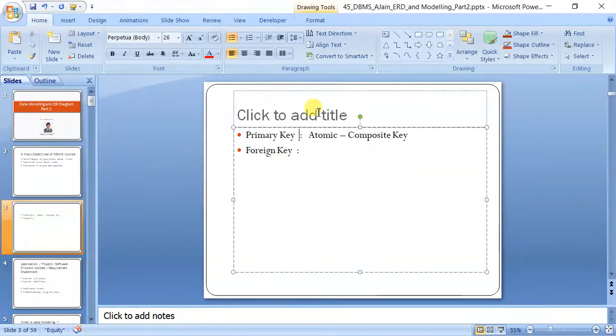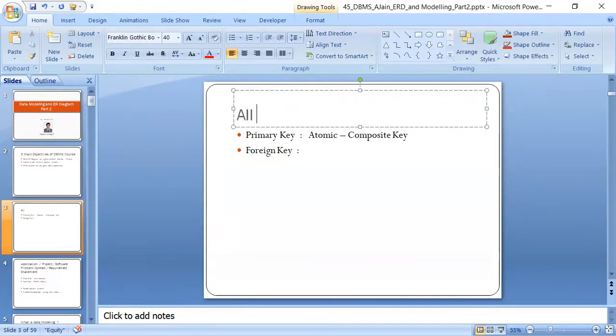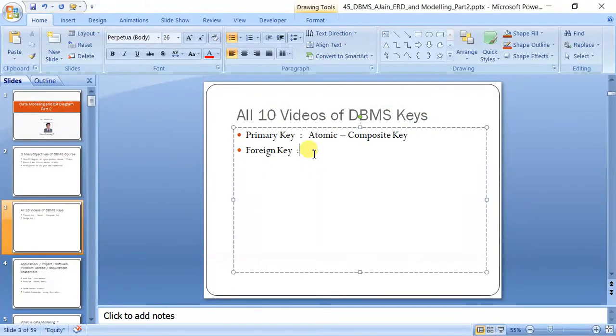Make sure that you have seen all 10 videos of DBMS keys. I think they start from somewhere around topic number 35 up to this 44 number video. So please make sure that you have seen all those 10 videos of different types of keys.